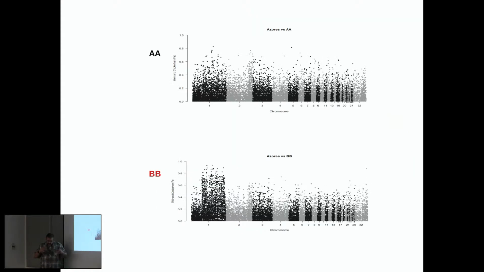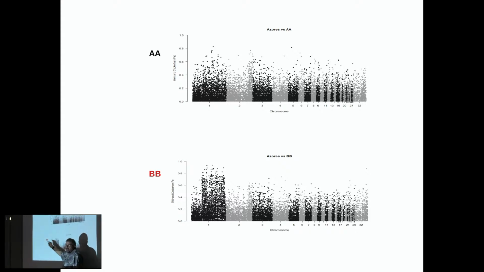So we did the comparison between the quails from Azores and quails without the inversions, and quails from the Azores and quails with the inversion. And we see that here the big difference still appears and not there. So this seems to suggest that the quails from the Azores do not have the inversion. No? Have a completely different origin. And in fact,